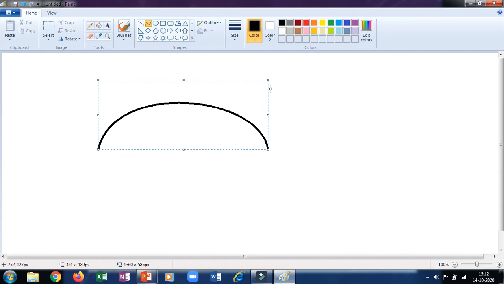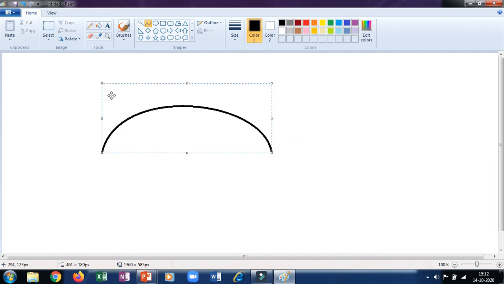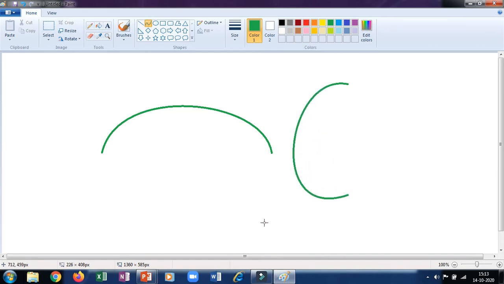As you see the dotted lines, you can come to know that the curve is ready. When the dotted lines are there, you can move the shape and change the colors also, like this way. If these dotted lines are removed, you cannot change it again. So again I will show you. Draw a straight line with the help of the curve tool, then drag it on one side and drag it on another side.